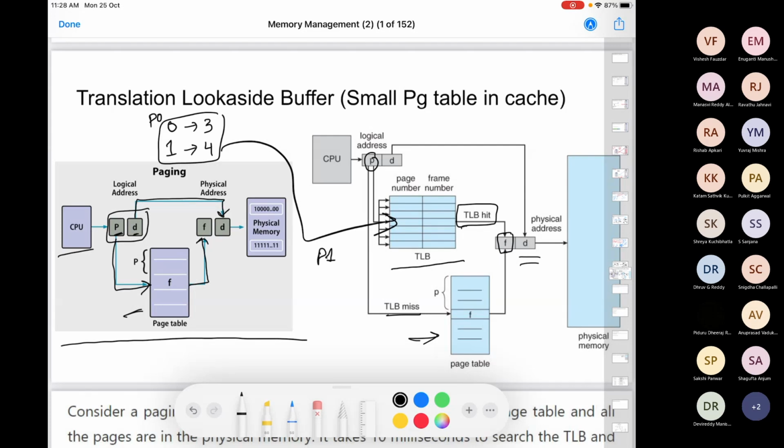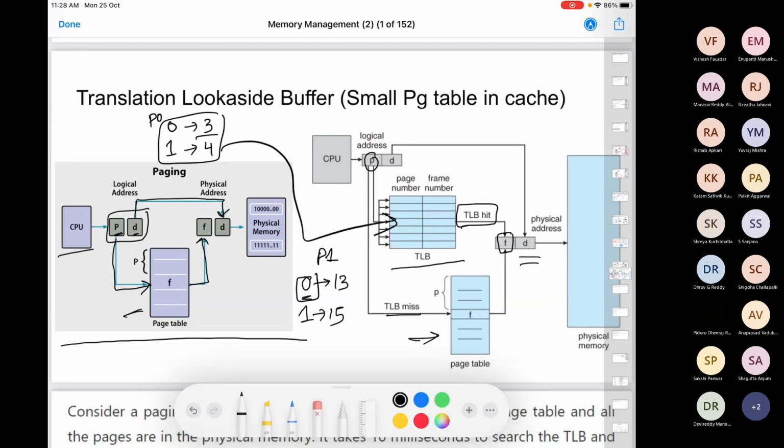Comes process 1. Process 1 has its page number 0 mapped to the 13th frame number and page number 1 mapped to the 15th frame number, right? In the virtual address, you get a page number of 0. So you first go to the TLB. In the TLB, corresponding to 0, the frame number which you have is actually 3, which belongs to process 0, which was running before. So we need to take care of it. So generally what we do, whenever a context switch happens, you flush the entire TLB and you fill it again. Because TLB should have different content, similar to the page table, for different processes.